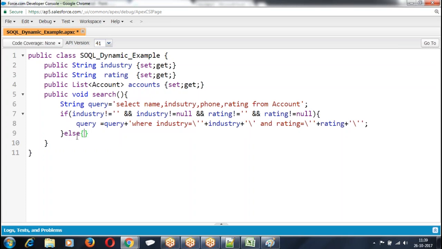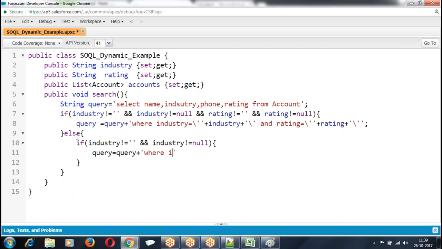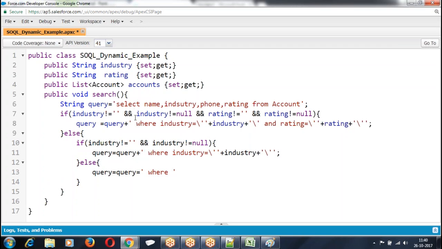No, both the values are not entered. Only one value is entered. Only the industry value is entered. No, only rating is entered. So your query should be formed. It's not a fixed query. If it is a fixed query, we write it straight away. But it's not a fixed query. Give the space, otherwise both will come together. Where